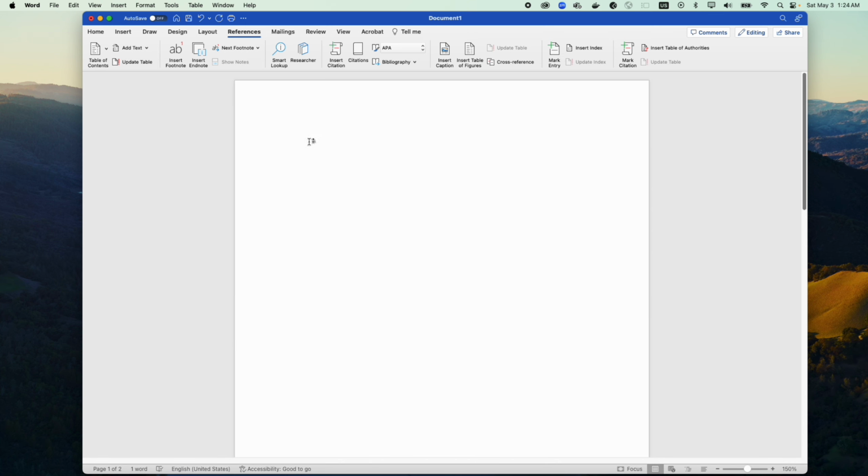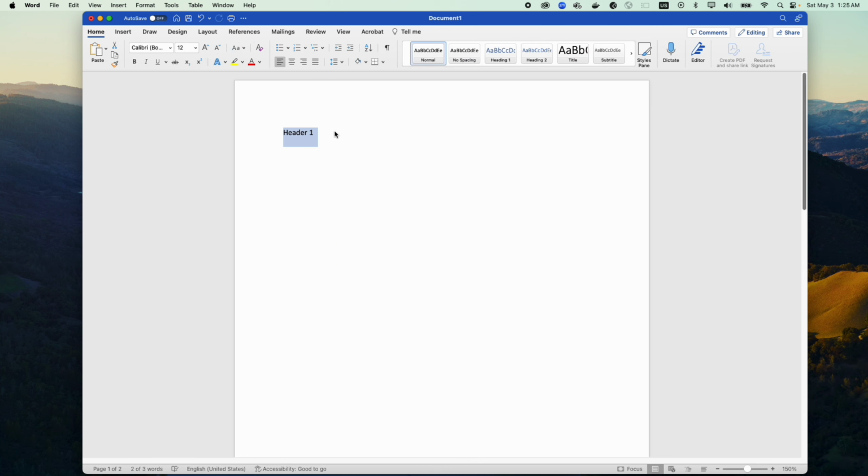So a table of contents is very useful. It helps to organize all of the sections for your Word document or for your files. So the way you would do this is first you would need to create the headings for your table of contents. So let's say for the first page, you have heading one, and then go to the insert